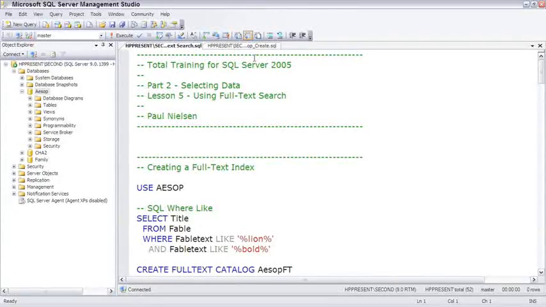Full text search is one of those features that you either love or you wonder why in the world it's there. Depending upon your application, you may find this is a pretty cool feature. So let me show you first why you might want to use full text search. The WHERE LIKE allows us to search for any word inside of a string by putting a wildcard before and after the word. So if we switch to the Aesop database,